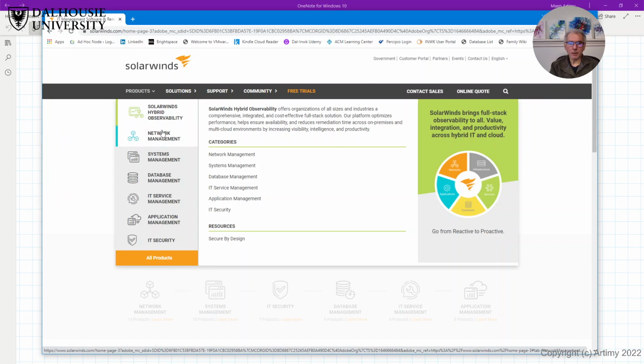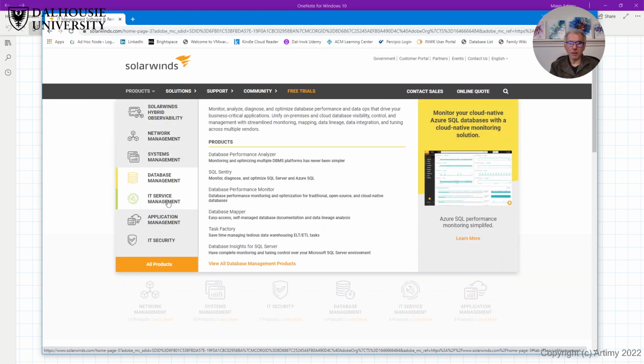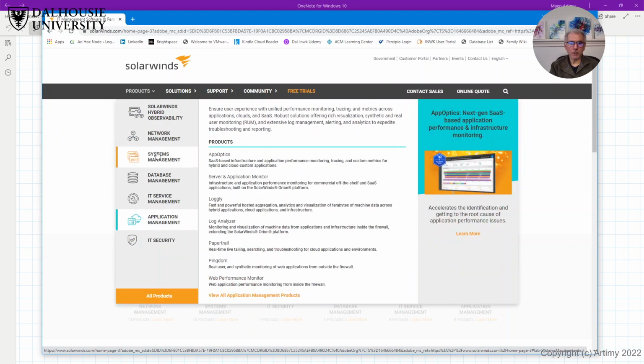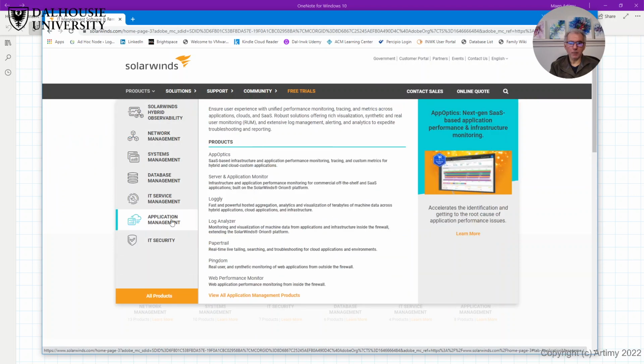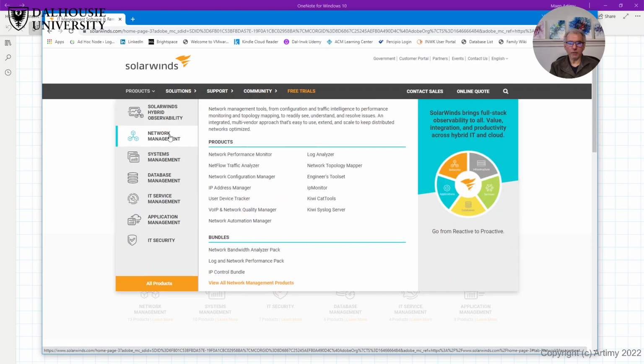And you can see here all the components that can be purchased for database management, network management, and application management. So it's not just networking, but if you do networking, you see performance monitoring, traffic analyzer, IP address manager, IP monitor, log analyzer, syslog server, network automation manager. So all of these components. Right? Okay,